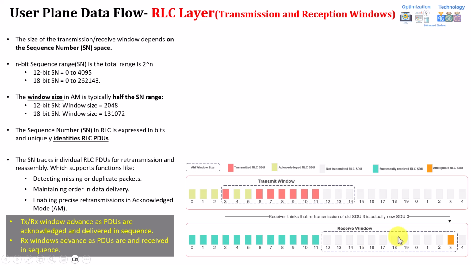In case you have a higher window size, let's say this will be 20, 21, 22, 23, 24, and this one is retransmitted, the receiver will understand that it is a retransmission, not a new one. So this cleans up this kind of ambiguous RLC view. This was the main idea of increasing the sequence number, which can improve this probability, especially in 5G, because the sequence number in 5G, which translates into window size, is much bigger compared to 4G, as we'll show at the very end of the slide. And now let's move forward to the next part.